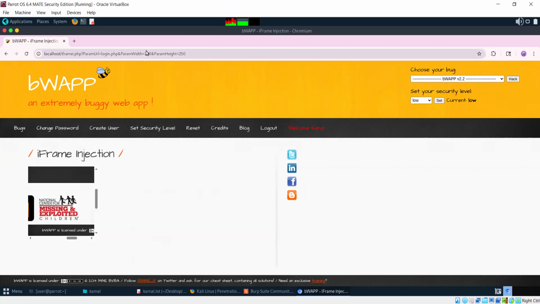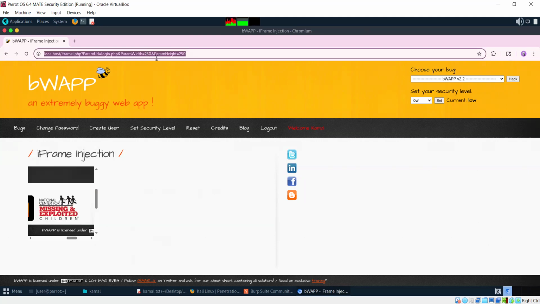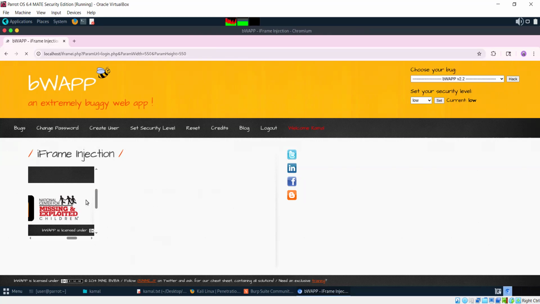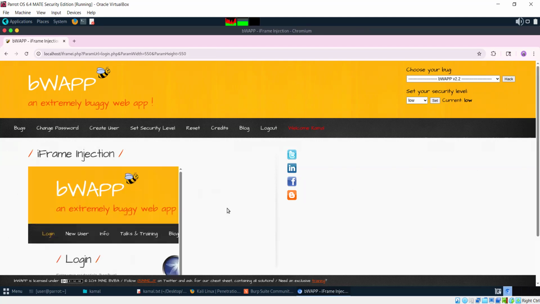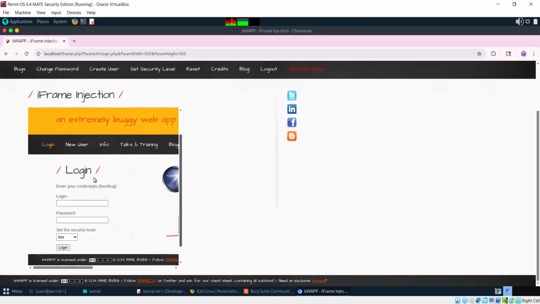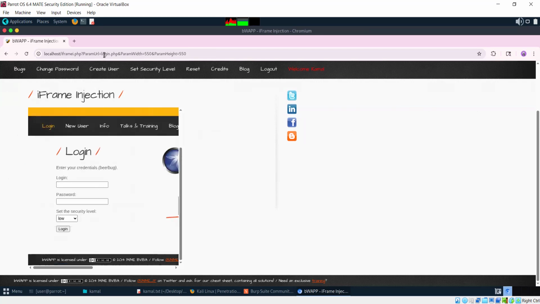We can increase the width and height as well for better visibility. So change the value of width and height in the URL and click on the enter button. And we can notice the application is loading the login page. So this is loading the page of the bWAPP application itself. And we can change this